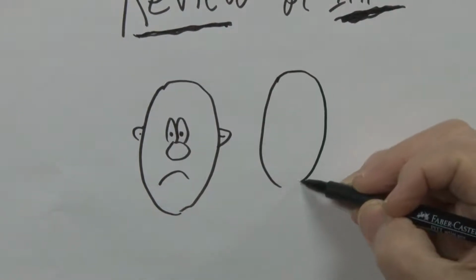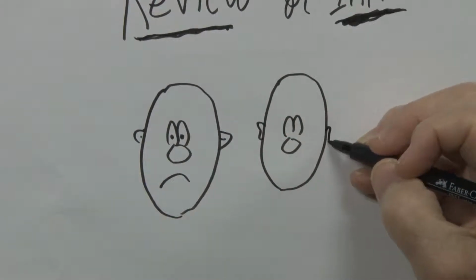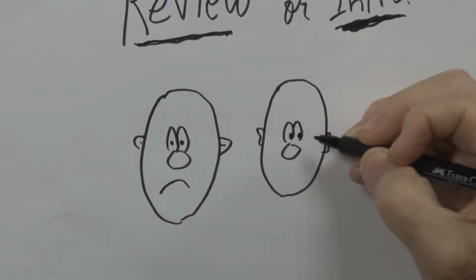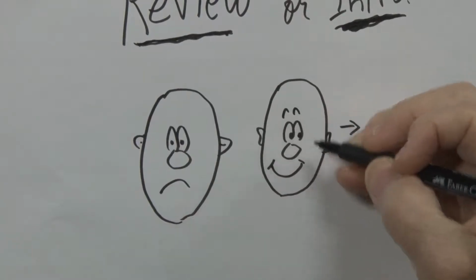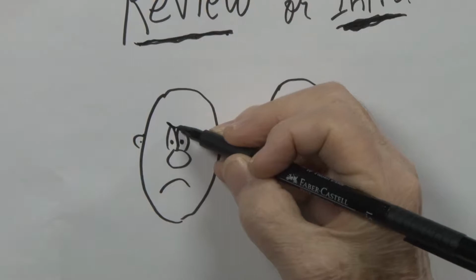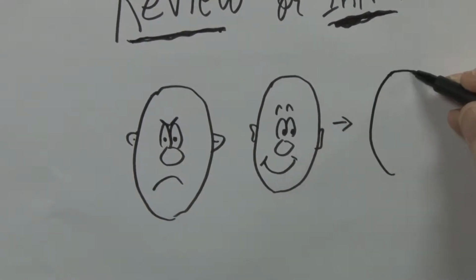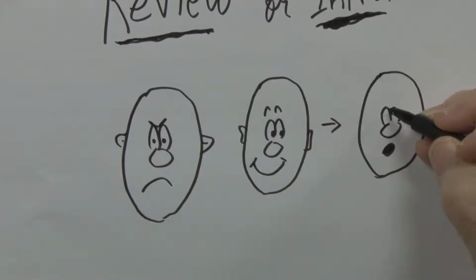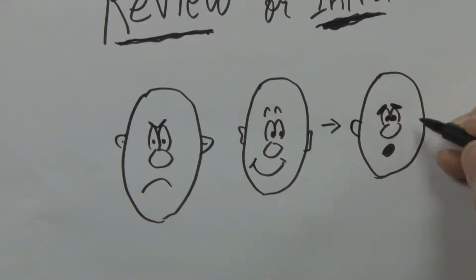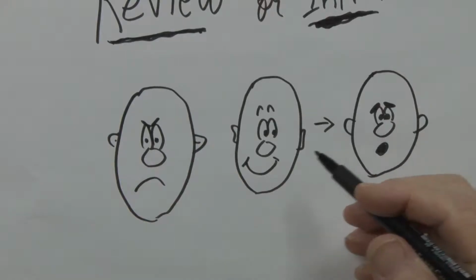I'm going to give you a few examples of how this works. Notice everything looks about the same until I get to this particular point. Now we show the character here is looking that way, and he's happy instead of grumpy, and his eyebrows are different. Speaking of eyebrows, they are important in projecting certain expressions. And just to pursue this a little further, you can have a mouth like that and frightened. So if you look at these three characters, they resemble one another very much, but there are subtle